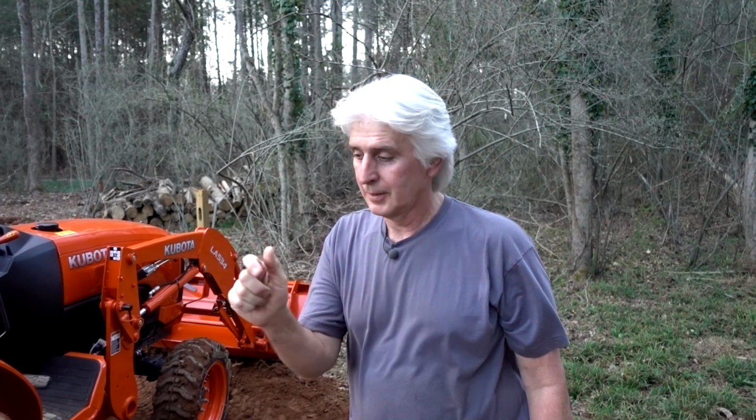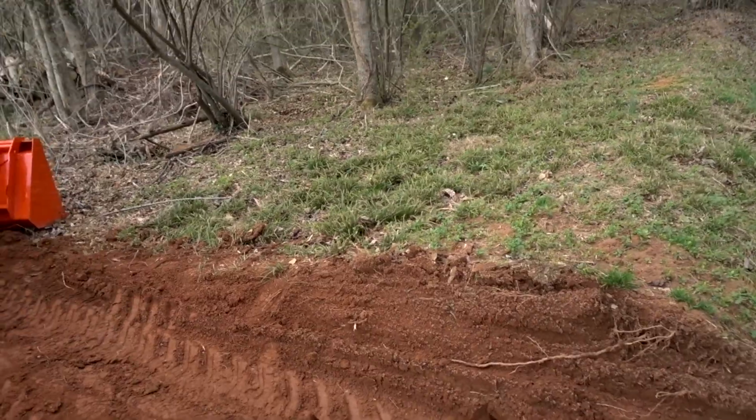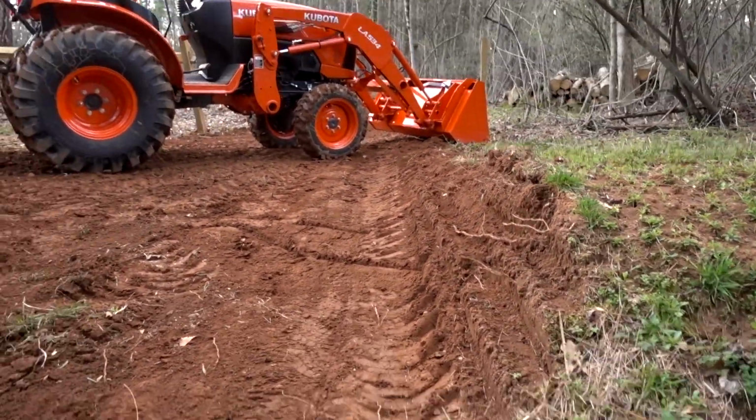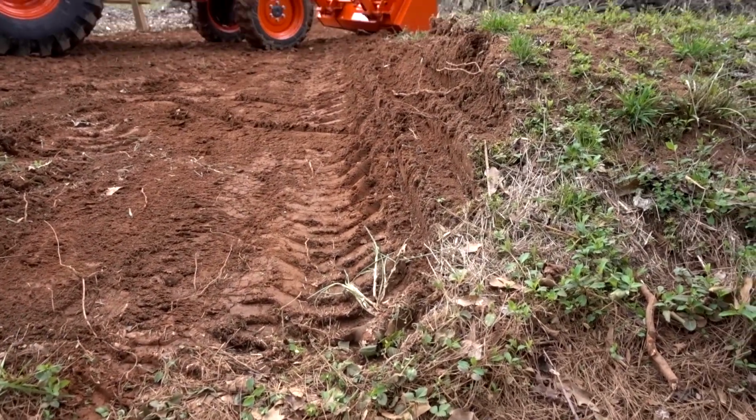Travis, Ted, that box blade from Everything Attachments, it's everything you said it would be. It's excellent. We really like it. Brian did an awesome job out here. Look at, dug this hole down. How long have we been out here? I have no idea. We've been out here a while. A couple hours. Yeah. Considering this is our first project with this blade,